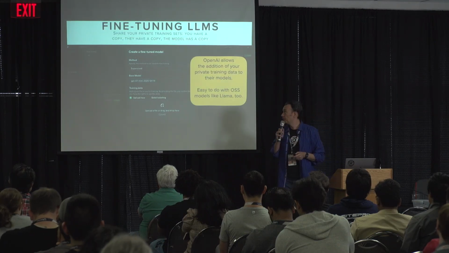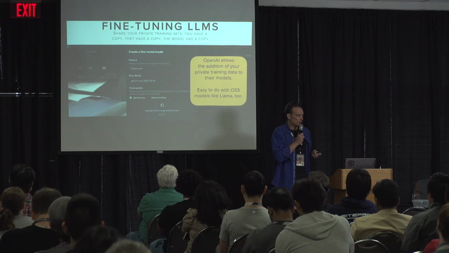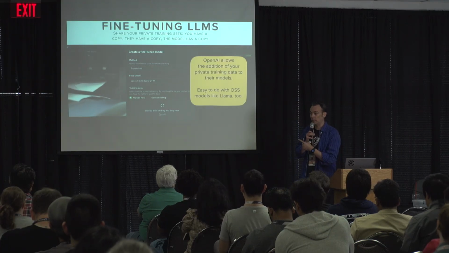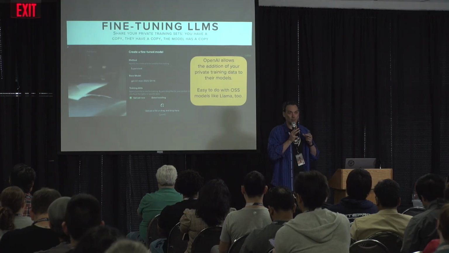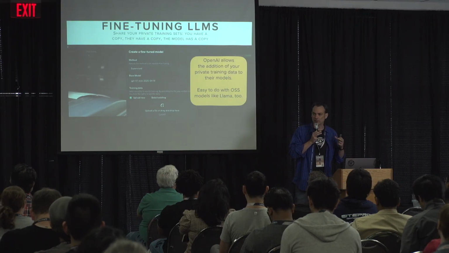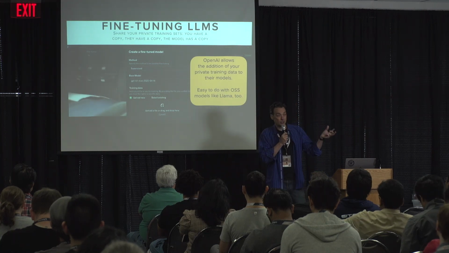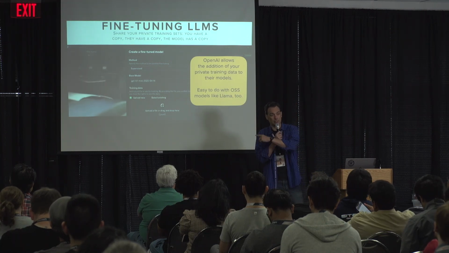So what we're going to do now is we're going to go and we're going to fine-tune a model. Now, fine-tuning is an interesting process. If you want to do it with OpenAI, for example, you have to take all your private data, assuming you're fine-tuning on your private data, and you're going to copy it into these JSON files, and then you're going to upload those JSON files to OpenAI, and then you're going to have it do additional training on ChatGPT with it,